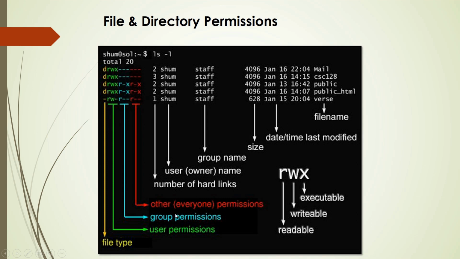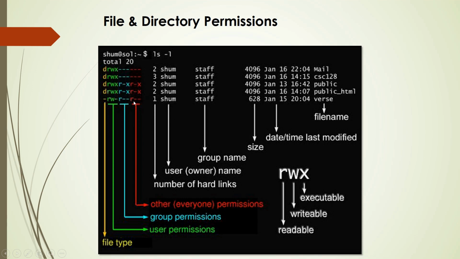The second set of permission is for the group. If you see the second set, the permission is only read permission, and the hyphen represents the other two permissions, write and execute, which are not given to the group. So a set of users can form a group, and a certain set of permissions can be given to the group members for the file. In this case, all the group members will have the read permission, that is, they can only read the file, and they can neither write anything into the file nor execute it.